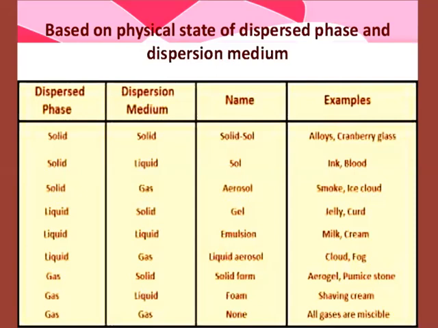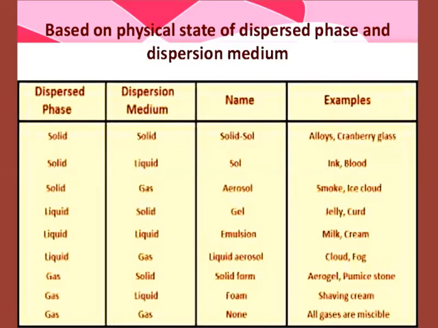smoke, ice cloud. It can be gel, where the dispersed phase is liquid and the dispersion medium is solid, for example jelly and curd. Colloid can be emulsions also, where the dispersed phase and dispersion medium are liquid, for example milk and cream. It can be liquid aerosol, where the dispersed phase is liquid, the dispersion medium is gas, and examples are